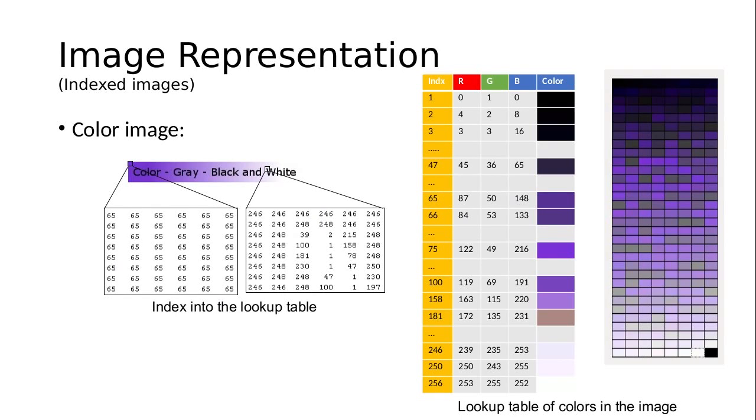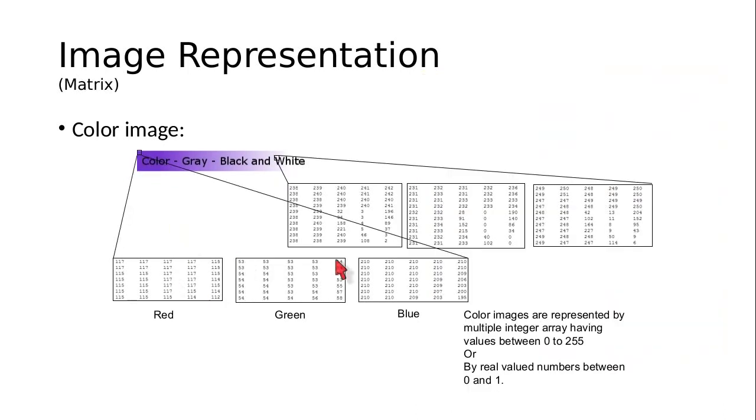There are other forms of image representation which rely on the fact that human perception does not require all combinations of RGB values. So let's understand how these are stored. For example, let's take again this patch which contains different colors, and you have this part of the image. Here you can see there are different colors.